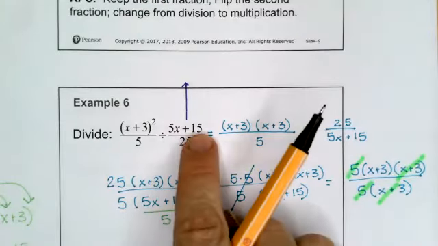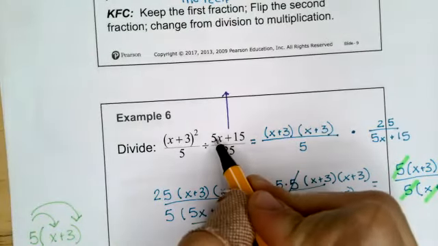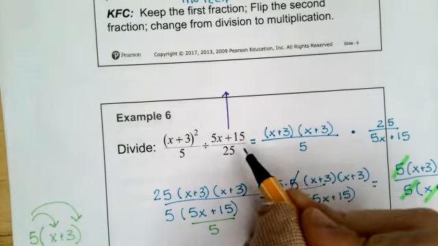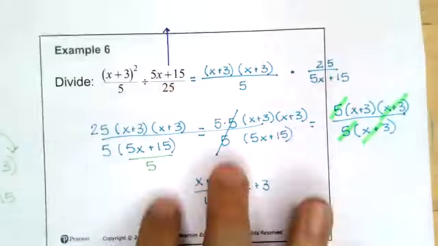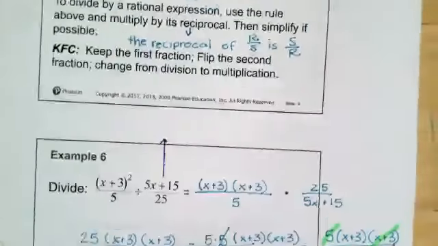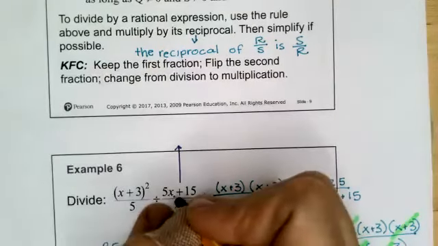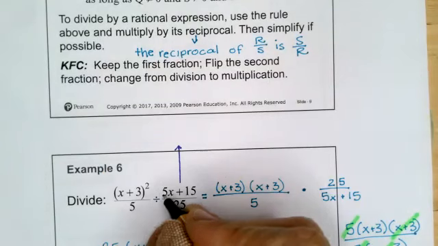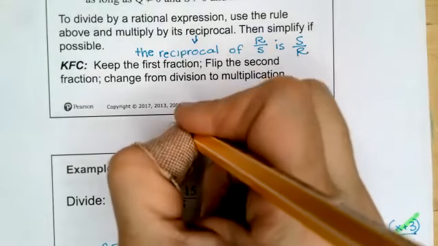So when I look at 5x and 15 and 25, I could see that I can divide this by 5, I can divide this by 5, and I can divide this by 5. So you can start with that if you want. There are many ways to do this. Whichever version of this you were most comfortable with, and it's okay if you were not comfortable with any of them. But 5x plus 15 over 25, I can even say that 5 divided by 25, and this is what we're going to be doing in 6.4, 5x divided by 25 is